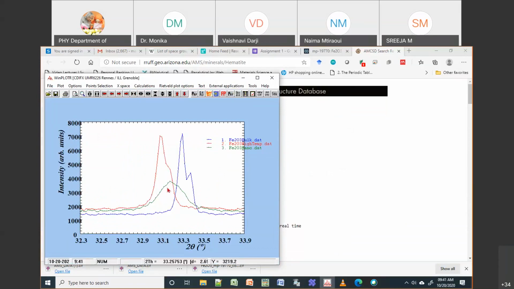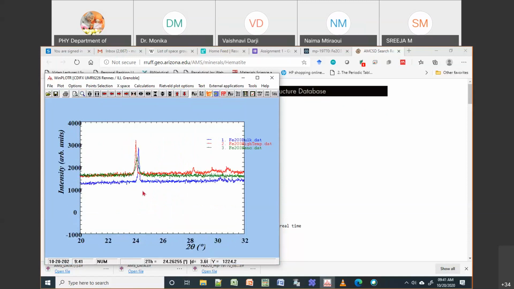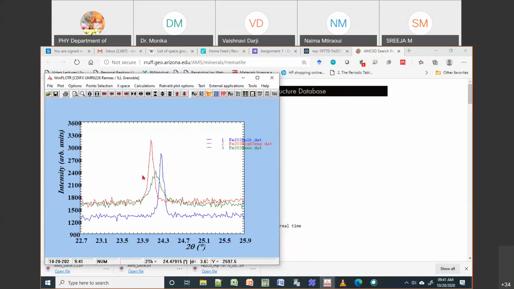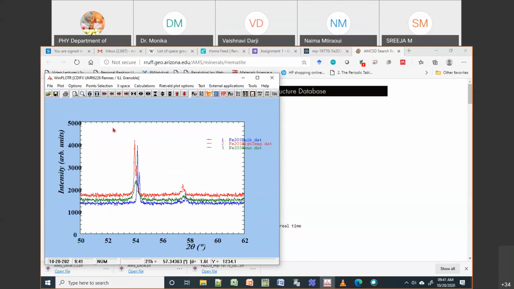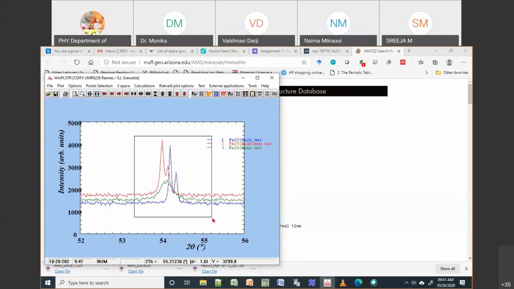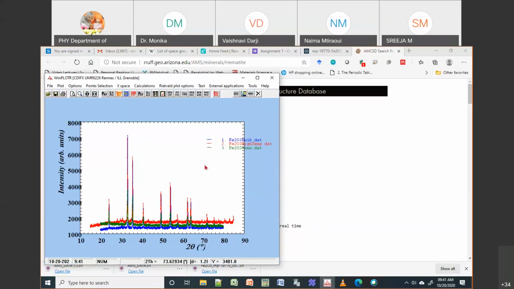So you can see it is becoming sharper, and the blue one was sintered at 1200. Okay, 1200. So this we will use for crystallite size calculation also. For that reason I have sent you those files. So we will take this highly crystalline sample, the blue one, which is the bulk. Bulk means it is the 1200 degree sintered sample. Then we will try to do the Rietveld refinement on this. After that we will use the same data for doing crystallite size calculation.